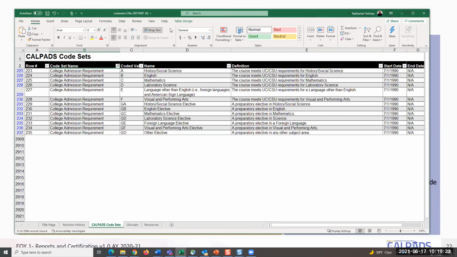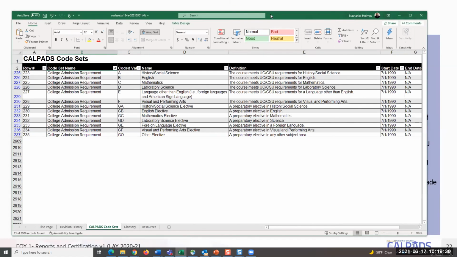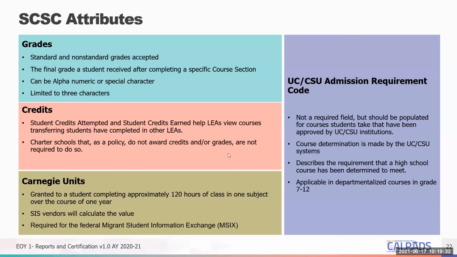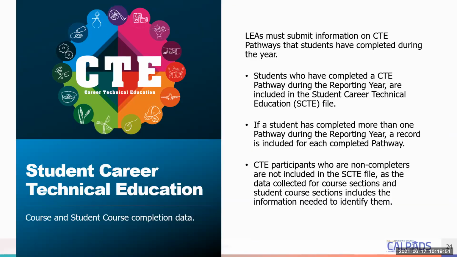So here you have the different codes. And although I made a mistake, thank Kyron for jumping in, because using the CFS really helped me identify the code that I needed. I don't see any questions, but as far as the pertinent data coming from the course and the student course completion files, that is it. Again, Kyron, there's a data population video on the YouTube page. I'm sure we will reference the data population training later.